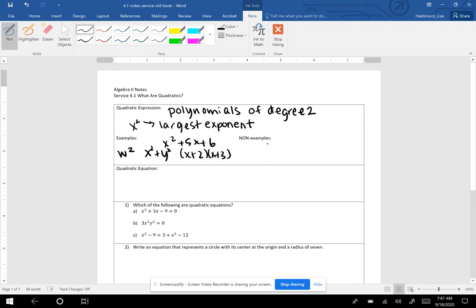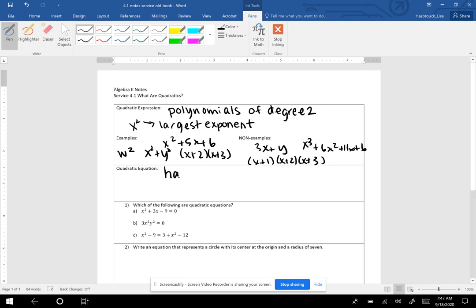Some examples of expressions that are not quadratics are 3x plus y, x plus 1 times x plus 2 times x plus 3, x cubed plus 6x squared plus 11x plus 6. So these are all non-examples because they either have a degree of x cubed or they don't have the degree of x squared. Now, a quadratic equation